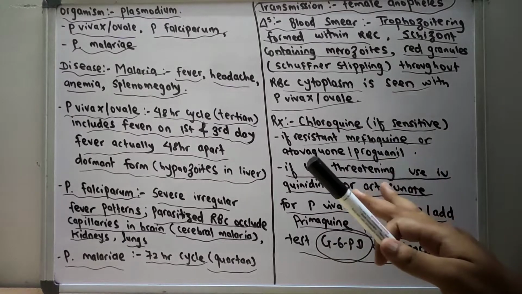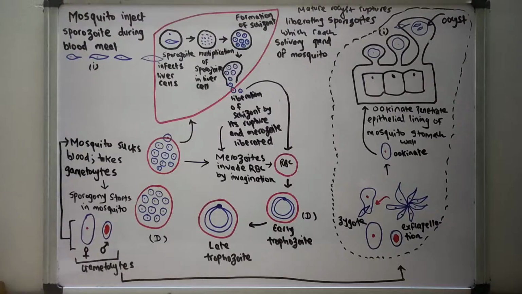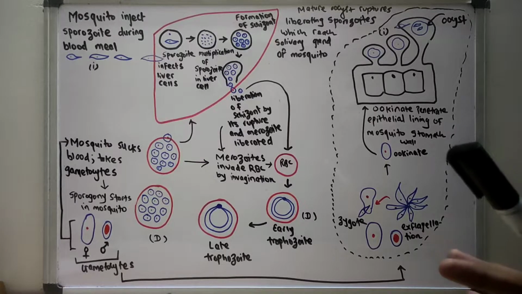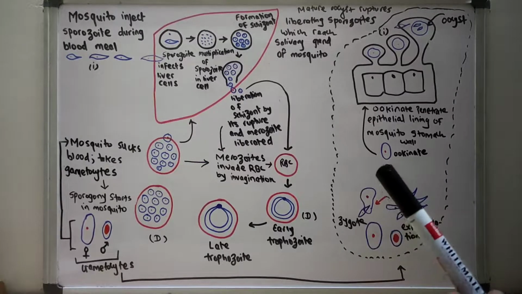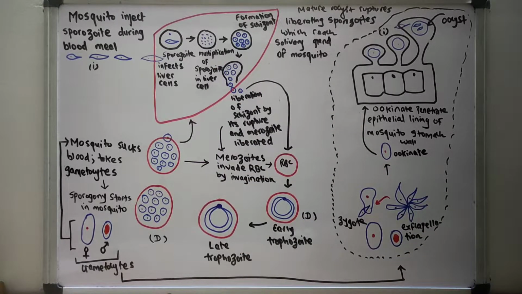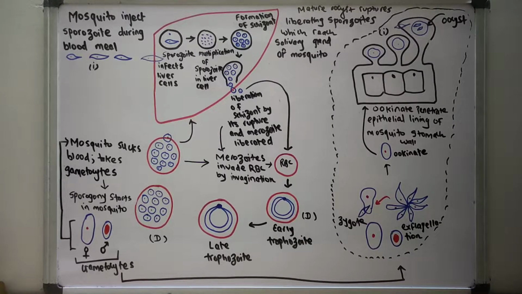So now let us discuss the details of the life cycle of Plasmodium species. So I have already told you that Plasmodium vivax and Plasmodium ovale go through the extrahepatic life cycle. They remain as hypnozoites, and later in life they reactivate time and time again. So we give a special anti-malarial drug, primaquine, for Plasmodium vivax and Plasmodium ovale. So let us start from the